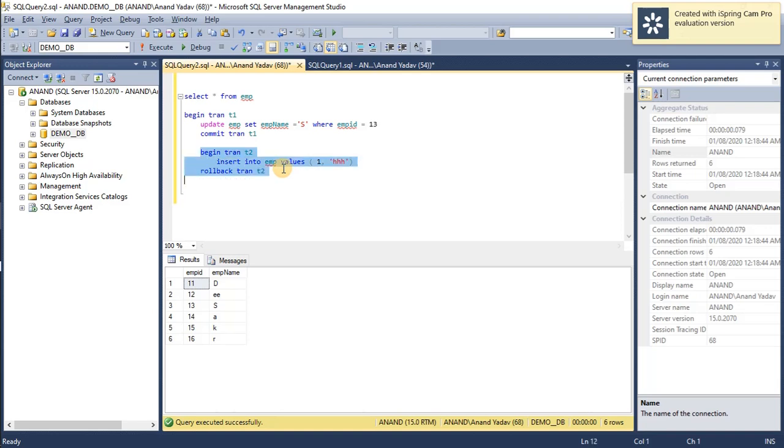I am just copying this command, and let's say a new employee is added and his employee ID will be 17. So 17 is a valid employee ID that is added to the table.